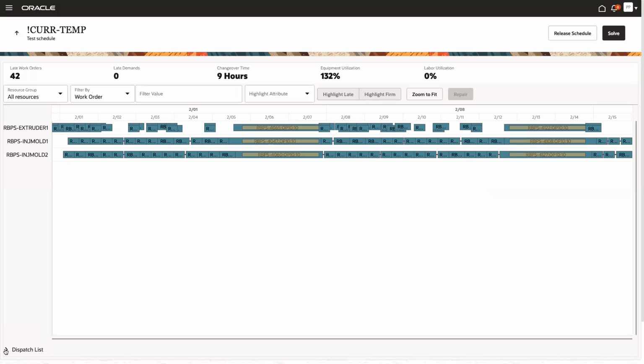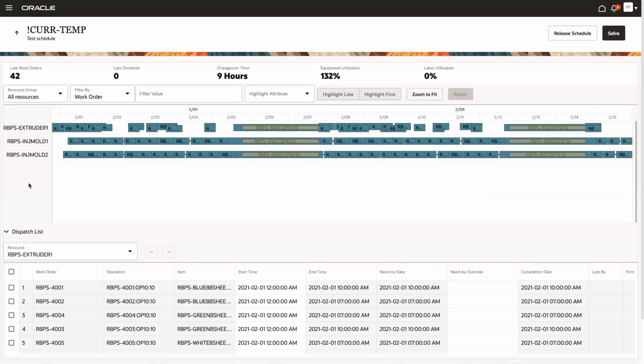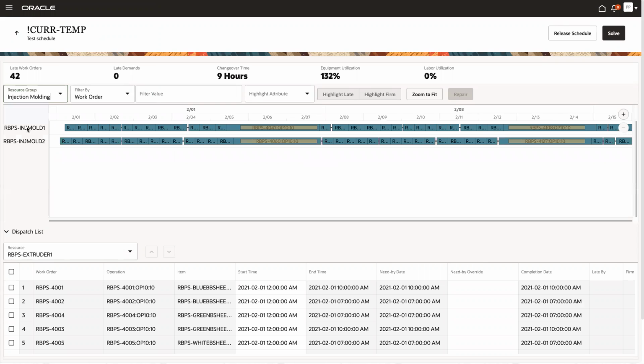We know for schedule analysis, we have the Gantt chart and the dispatch list. One of the first features to look at is maybe the usage of resource groups. As you see, I only see now the member resources that are assigned to this resource group. There could be several of them in there, and I could also sort them or organize them in a certain way, for example, to reflect the flow of product in the shop floor.